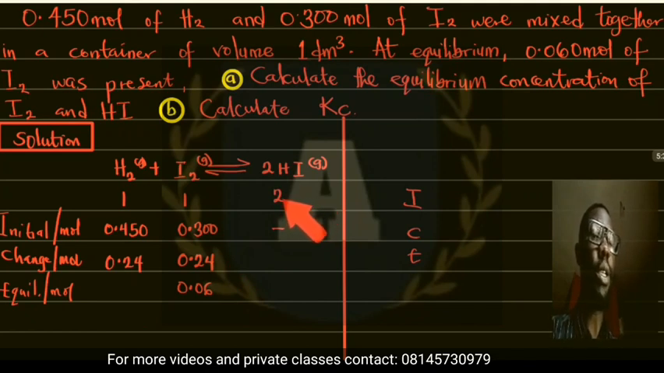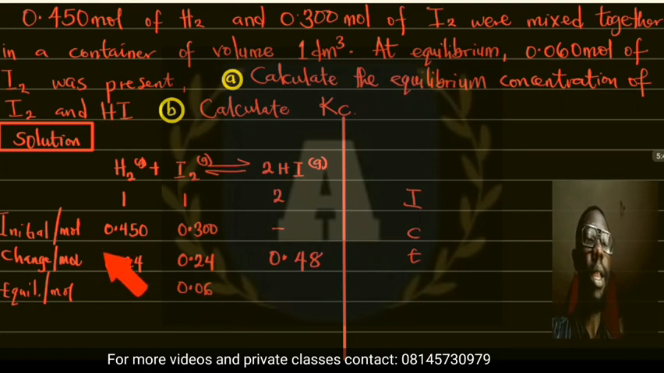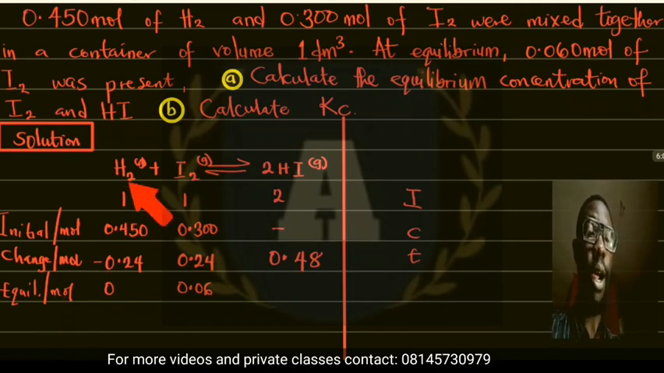So definitely, to get the change in mole for hydrogen iodide, we have to multiply this by 2. On multiplying by 2, we got 0.48. So now we can easily calculate the equilibrium mole for hydrogen. That will be 0.45 minus 0.24. I'm subtracting that, so the equilibrium mole for hydrogen is